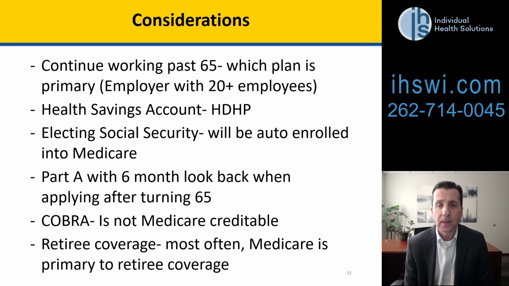So Part A, if let's say somebody does not sign up for Medicare once they turn 65, and let's say at 67 they decide to retire and sign up for Medicare, what will happen is, of the two parts, Part A and Part B, the individual can dictate when Part B will go into effect. So for example, if I'm going to retire January 1st of a particular year and I'm 67 years old, I can say I want my Part B to start January 1st of that year. But my Part A will actually be retroactivated 6 months prior. So in this example, it would be retroactivated back to July of the prior year.